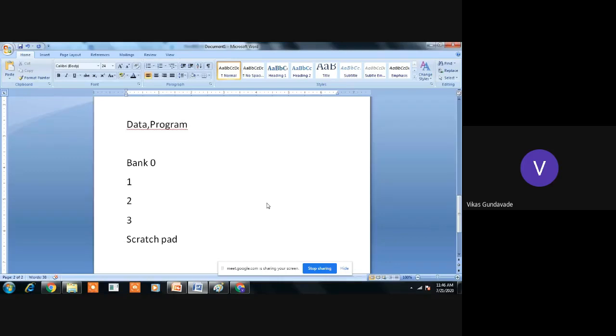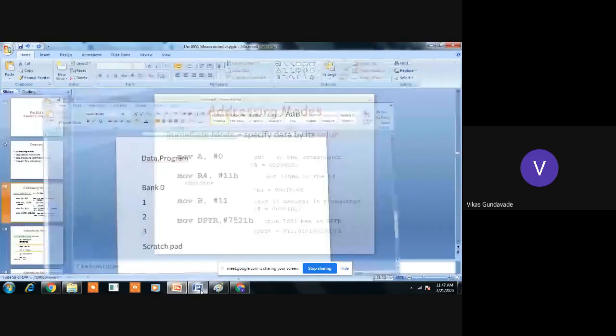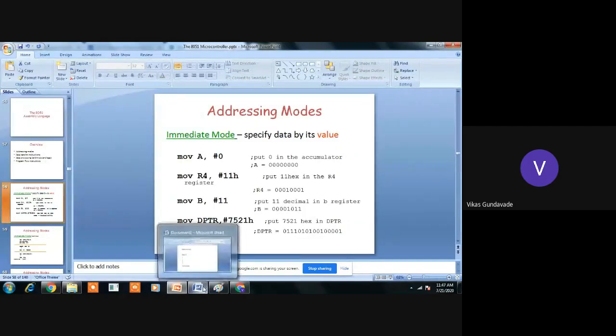Okay, and where the data can be stored. While storing the data into the registers and into the scratch pad, suppose the data is available in the register and we want to transfer it to the scratch pad or into the memory or vice versa, then that data is available itself in the microcontroller. But in some cases where we need to provide new data, that data is called immediate data. Okay, and in this immediate mode, that data will get transferred into either the register or the memory.